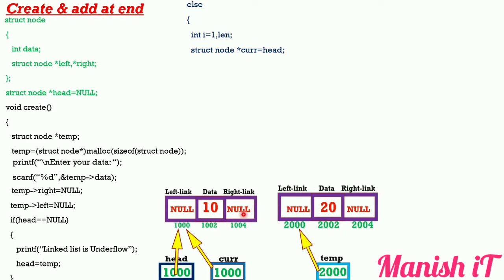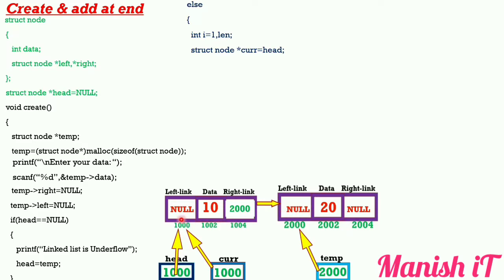So how is it looking? See, after this node stores the base address 2000, it starts pointing here, and the in-between connection has been created. Now once again we have to write our logic. Till now the forward direction connection has been created, but we need another connection which points in the backward direction.